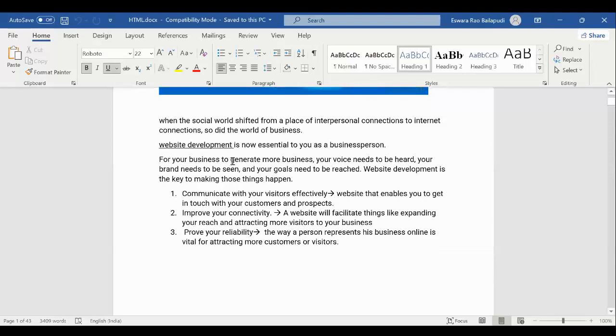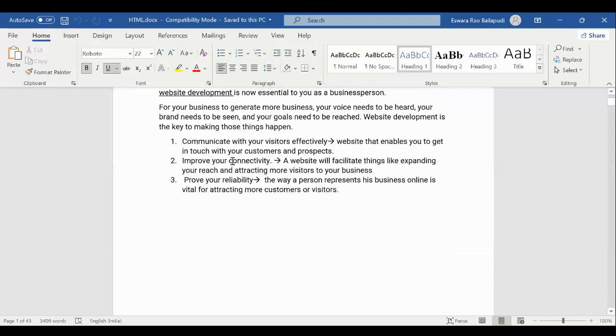The first one is to communicate with the visitors effectively, improve connectivity and prove reliability. It means the website enables you to stay in touch with customers and prospects. For example, if I have a website, people can interact with me through the website. They can use the website to see all the descriptions, products and everything, and they can interact with me very easily.